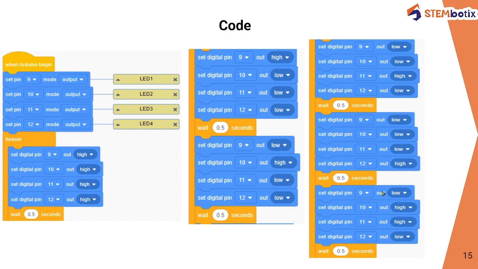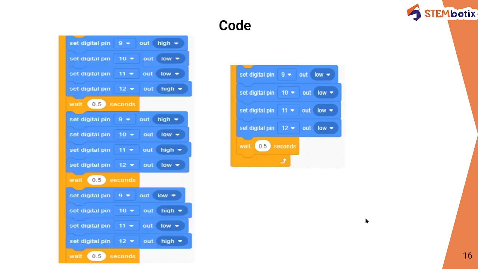Hence, pin number 9 and pin number 12 are in low state, and 10 and 11 are in high state. Follow this pattern to generate the different patterns. The next pattern is first and last in high state, and both of the middle LEDs